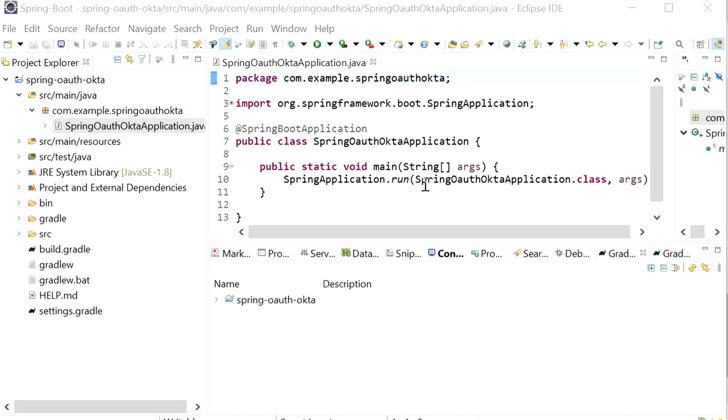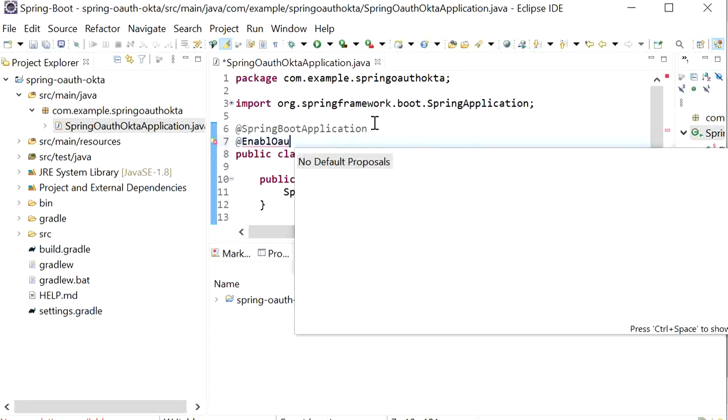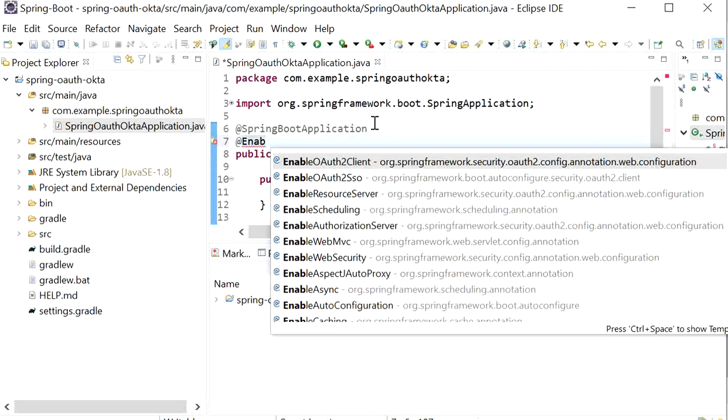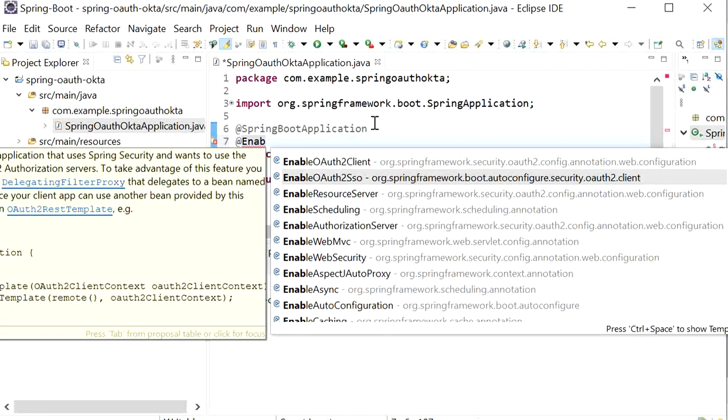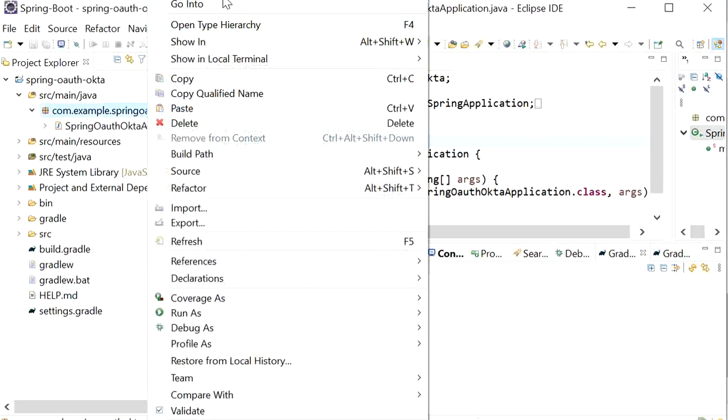In my application we want to enable single sign-on with Okta Authentication Server, so I will use the annotation @EnableOAuth2Sso, single sign-on. Now I will create one more controller package and create one endpoint that will be executed if our credentials are validated by Okta Authentication Server.